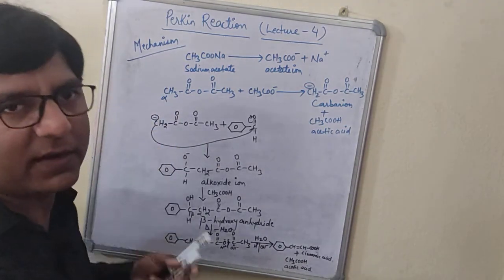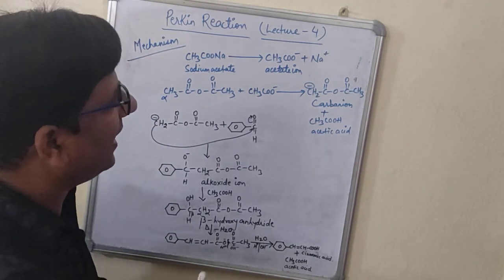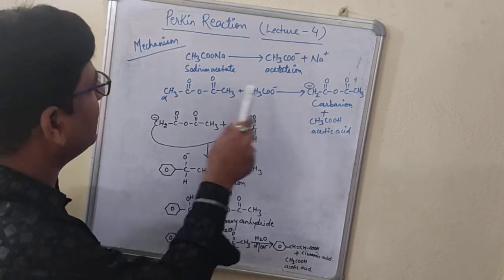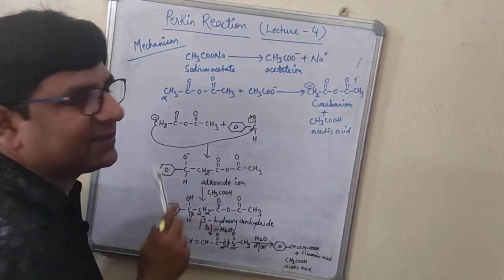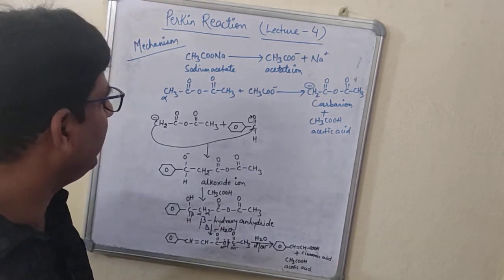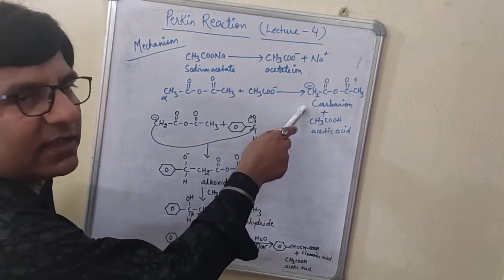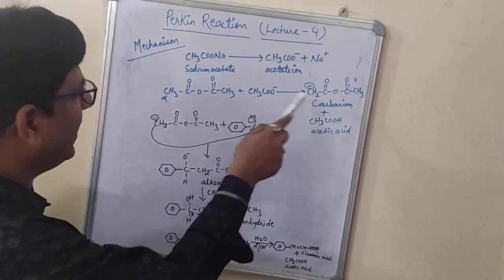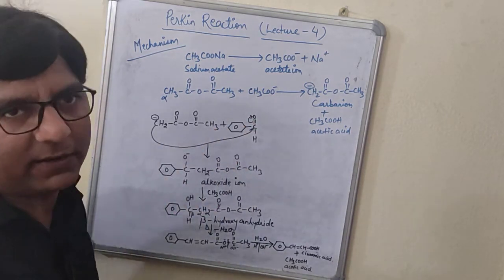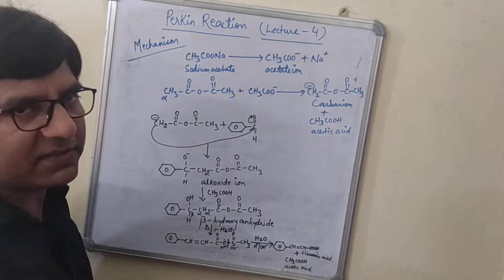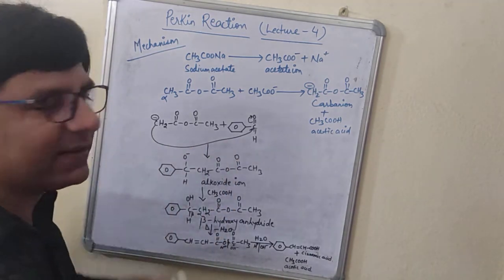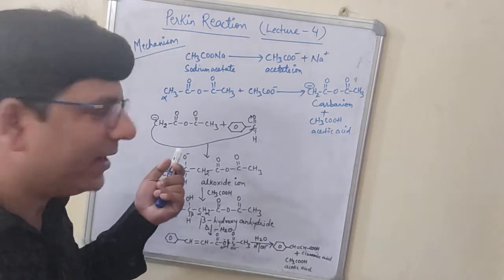So it will leave behind what? Negative charge, right? And this CH3COO minus has taken this proton that it has lost. So it will make what? Acetic acid. In the next step, what we did? This carbanion, this is the carbanion that has been formed. This carbanion will react with what? Benzaldehyde, the substrate of the reaction, right? You have reacted with this benzaldehyde. Already this is having a negative sign, means this is acting as a nucleophile, right?